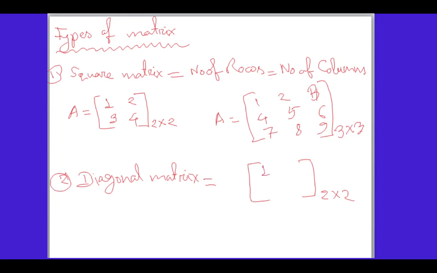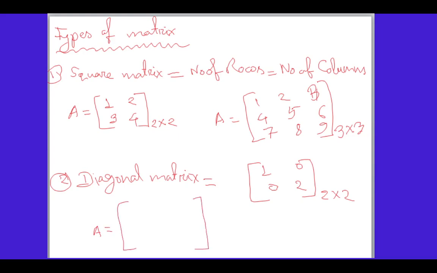Here only element, here 1 and 2, only diagonal element. So in a square there are 2 diagonals, but in the first diagonal there are elements, and all other elements are 0. In case of a 2 by 2 matrix. In case of a 3 by 3 matrix,